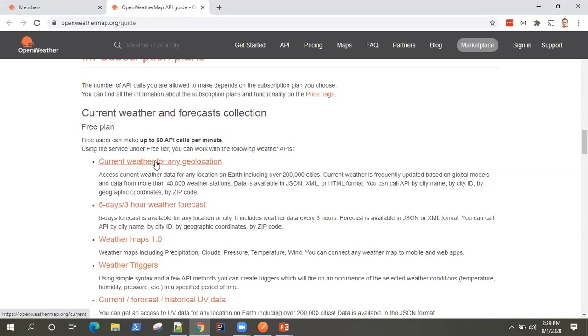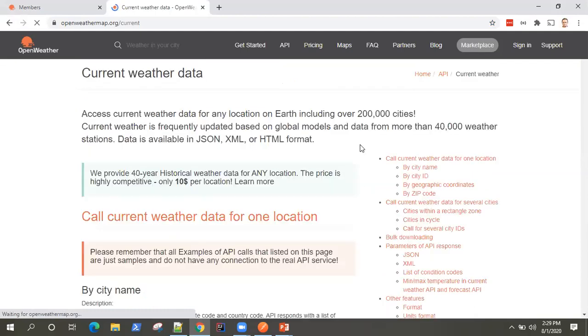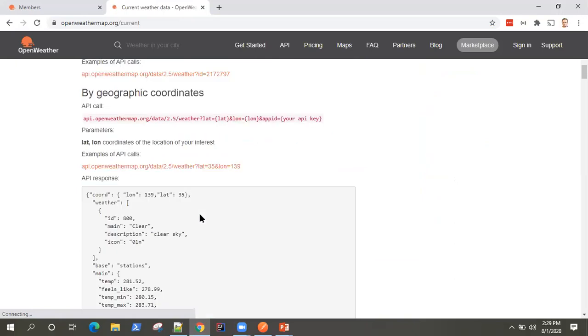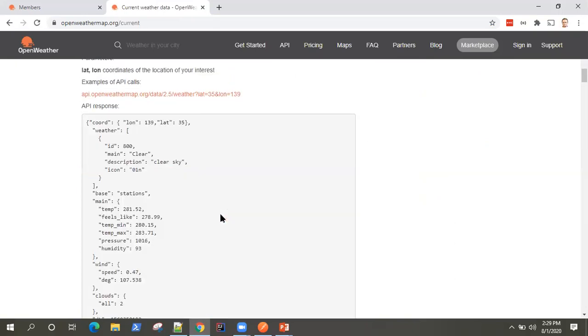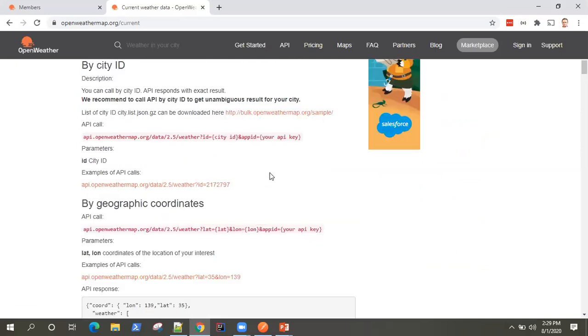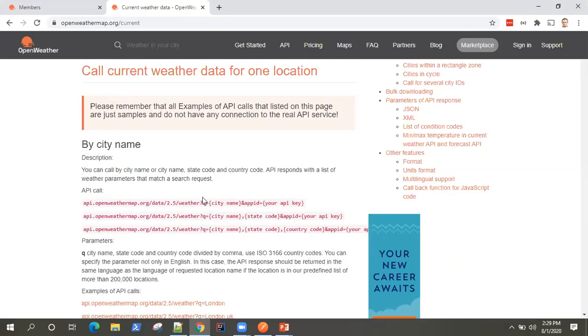You can select any of the APIs. I'm going to select this current weather for any geolocation. As you can see, there are different ways you can do it: by city ID, city name, geographic coordinates. I'm going to use the city name.